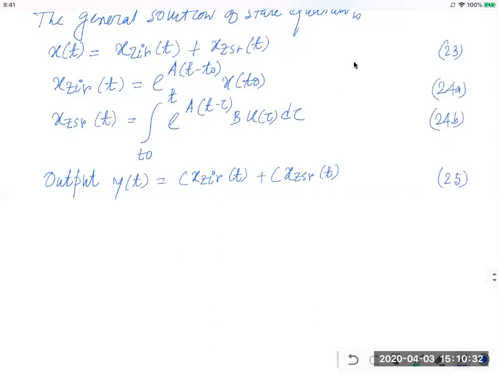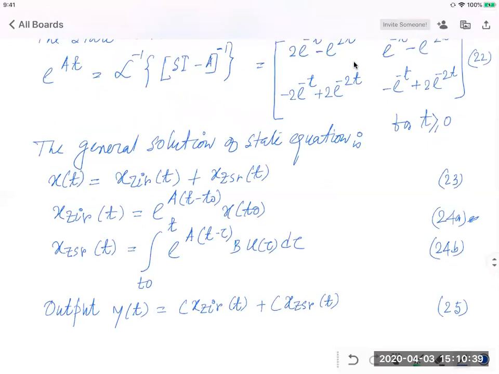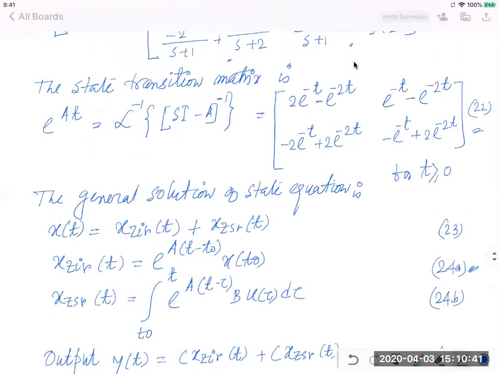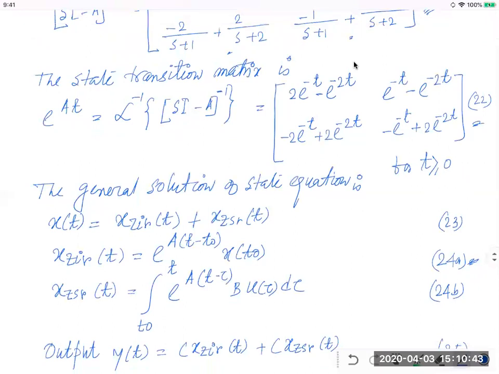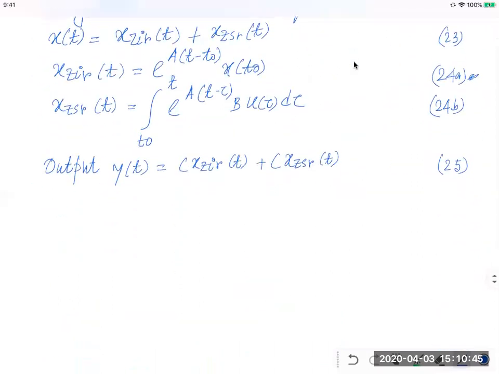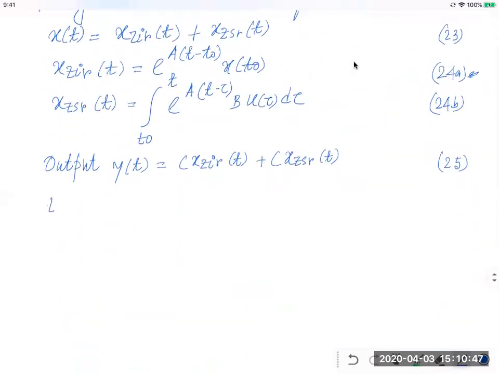So first we will solve for the zero input response. e to the power At is available in equation number 20. In our case, t0 is equal to 0. So using equations 22 and 24a,